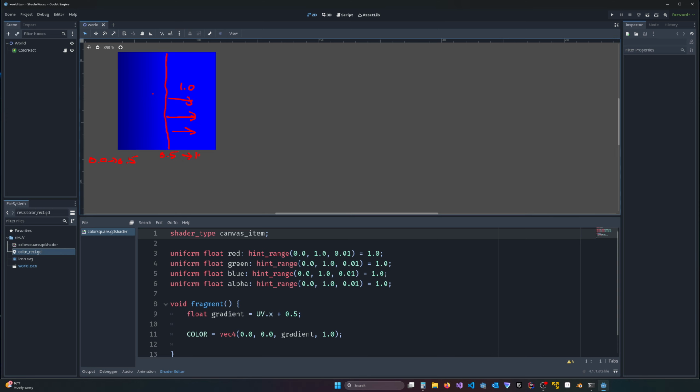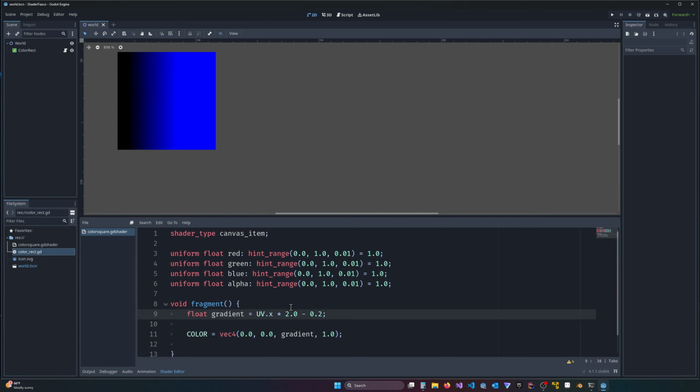But let's actually do the two together, and we can see what happens. If we crunch our gradient by multiplying by 2, remember order of operations, we've crunched our gradient. And now we've also shifted it by half. But let's shift it the other direction. Let's subtract, and let's see what happens. Let's subtract by 0.2. So now we've crunched our gradient, but we've also shifted it over to the left, and now you